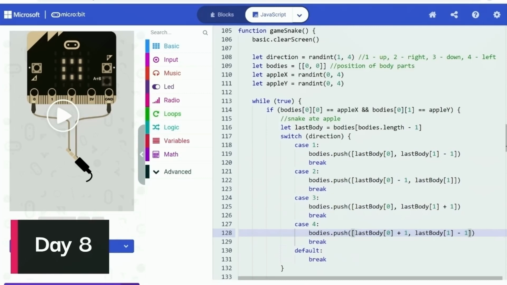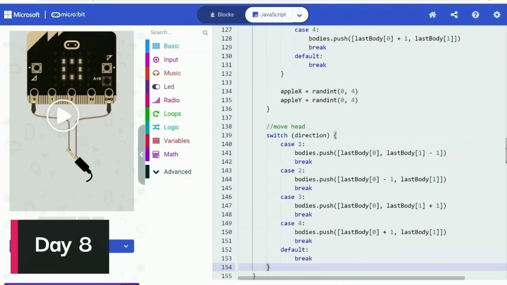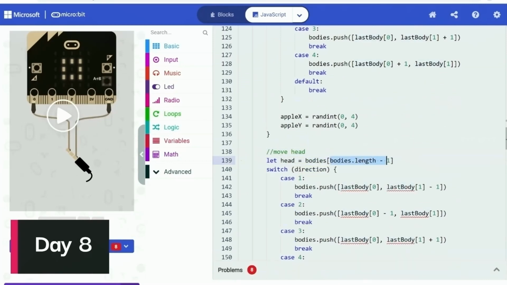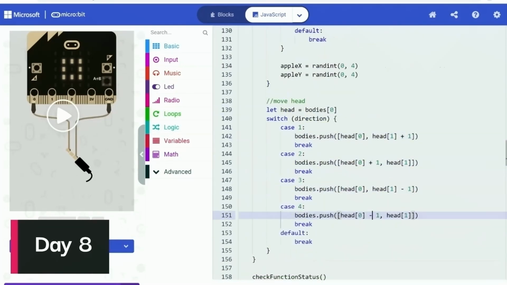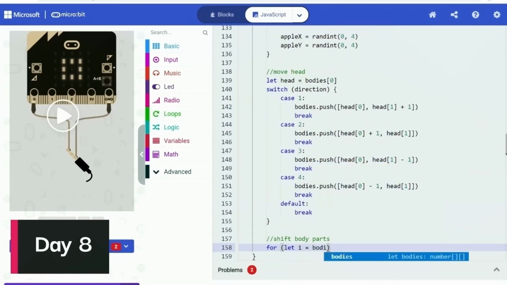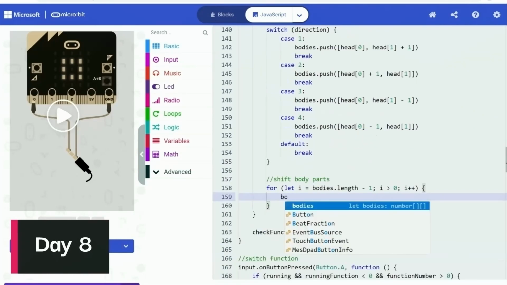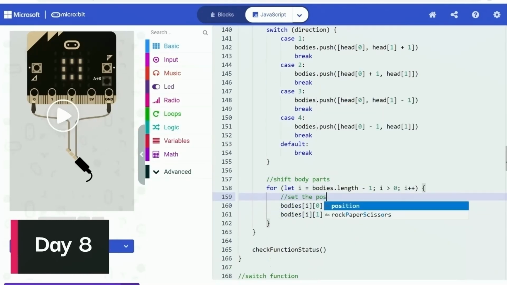After adding a few more comments, I kept working on the body generating part and soon finished it. Basically I just needed to get the position of the last part of the body in the array I created for this, and shift that position based on the direction the snake is currently facing. So like when the snake is going left, the new body part will generate at the right of the last part. It was pretty straightforward, and along the way I also finished the code for moving the head in just a few minutes. The next was to move the body parts accordingly, and that was not too hard. I just needed to use a for loop from the end of the array to set each part to the position of the part prior to it.